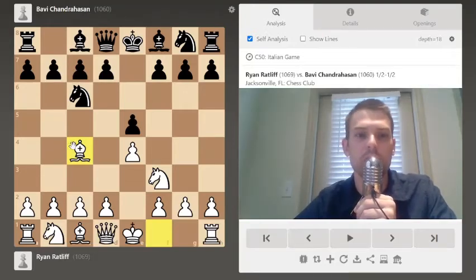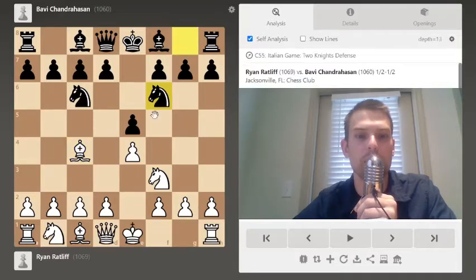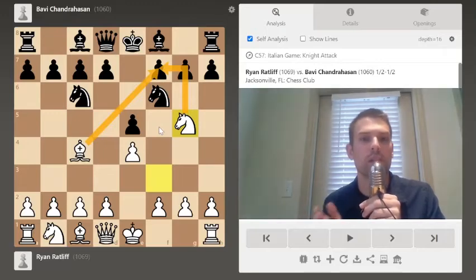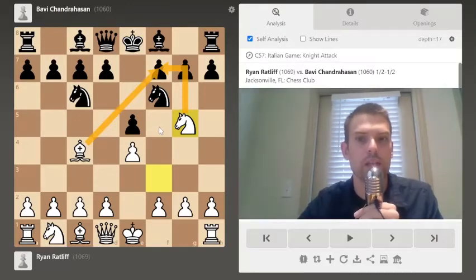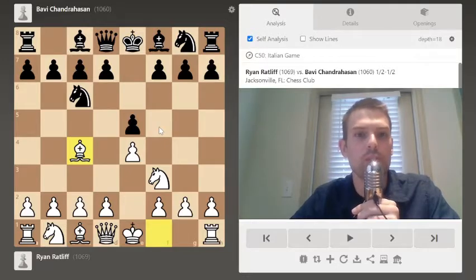So in the Italian, white develops this bishop to the nice a2, g8 diagonal, and immediately begins to pressure that f7 square. If black, for example, plays knight f6, developing and attacking the e4 pawn, white could continue with knight g5, immediately going for the f7 square and entering the very exciting Fried Liver Attack. However, in this game, Bhavi did not want his opponent to dive straight for that f7 square, and we had